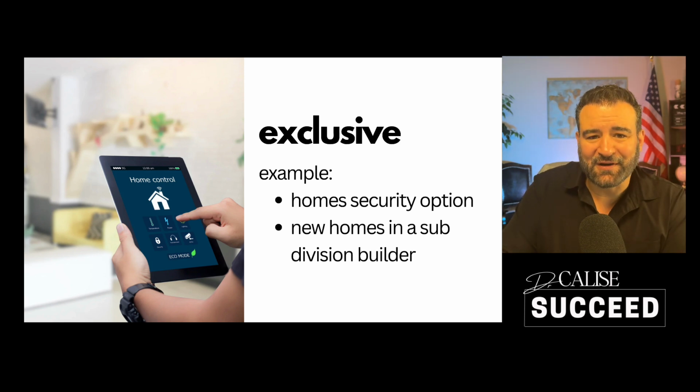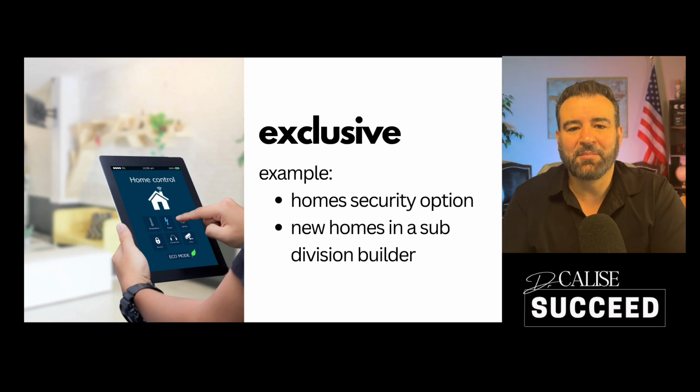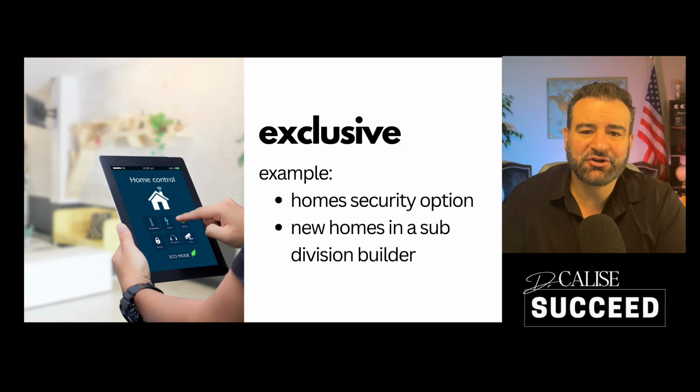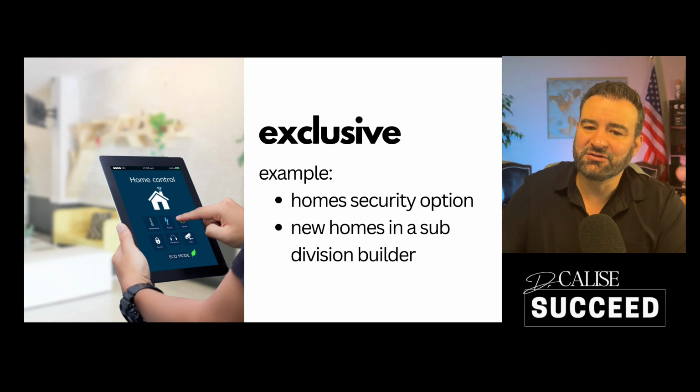Let's say you're building a house. I'm in the process of building my house, so I have a lot of home building examples today. Let's say you're building a house, and it's a brand new subdivision, and the builder is in charge of building all the homes in this subdivision. You pick out the floor plan, you pick out the colors, and then they build it for you. Well, they actually might offer you a home security system. It's not mandatory. You don't have to buy it, but it's an option for you to buy it. And they actually have a specific home security installation company in mind. Maybe it is CPI, for example. So CPI is exclusive